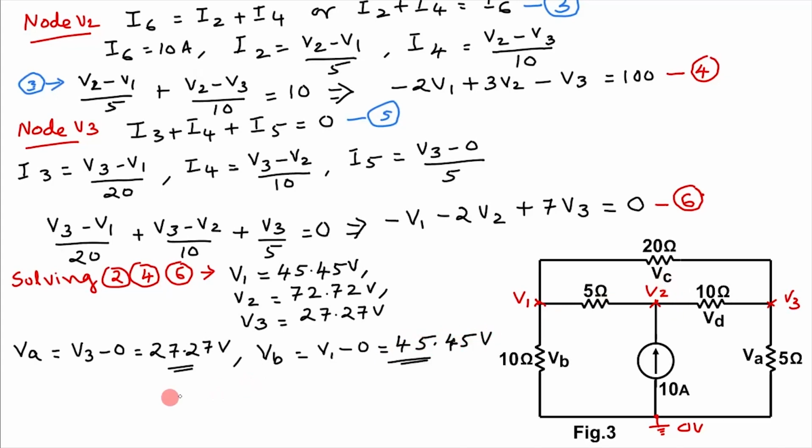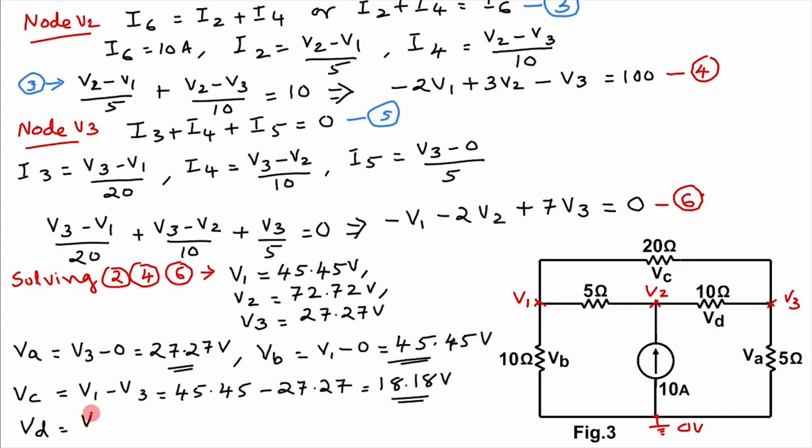Then VC is equal to the difference between V1 and V3, V1 minus V3, which is 45.45 minus 27.27, which is equal to 18.18 volt. Then VD is equal to the difference between V2 and V3, that is 72.72 minus 27.27, which is equal to